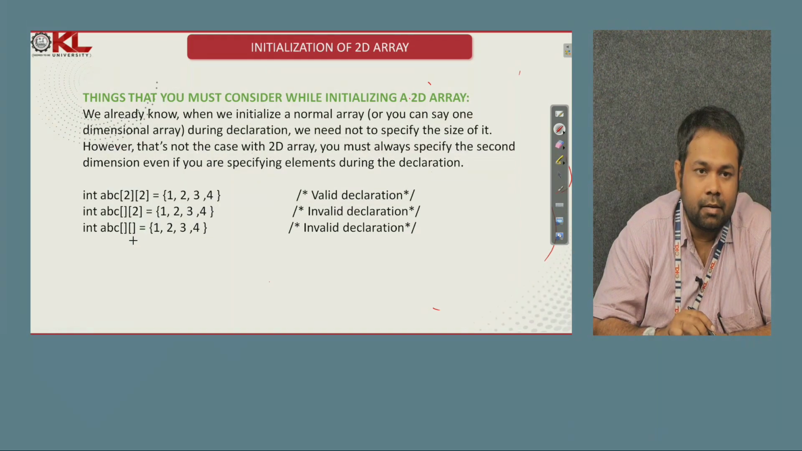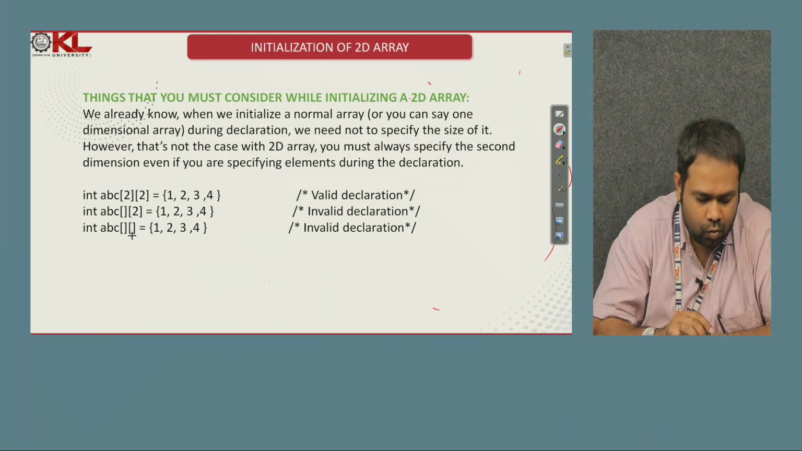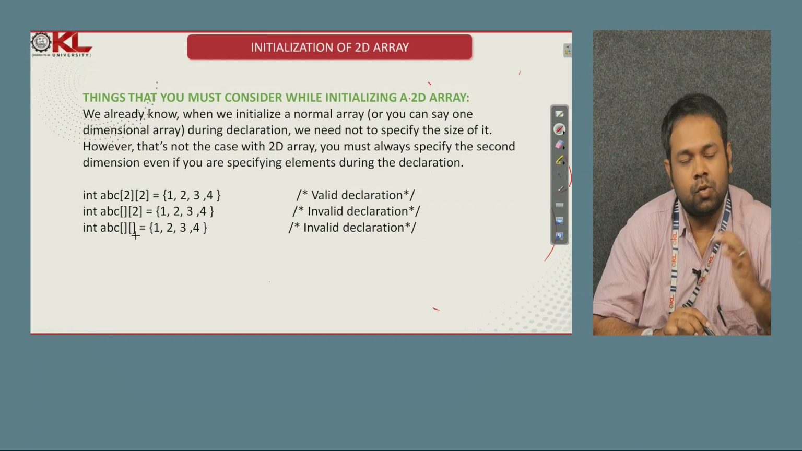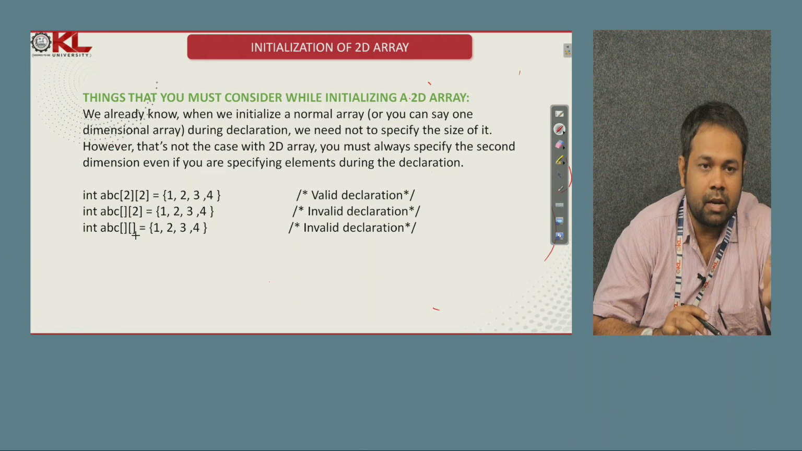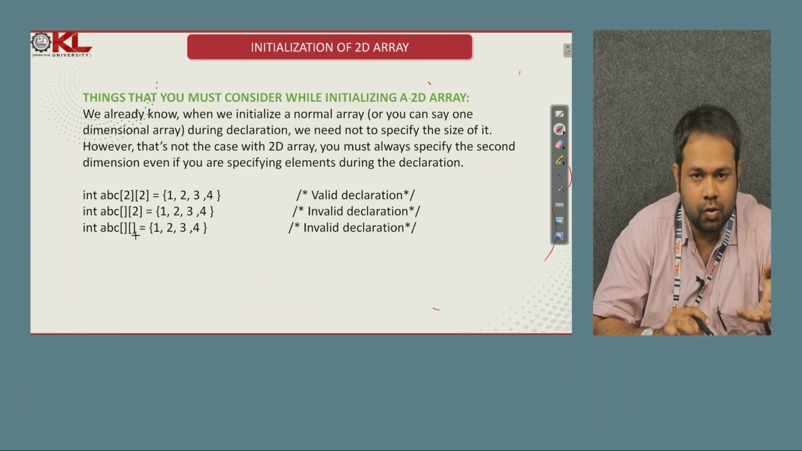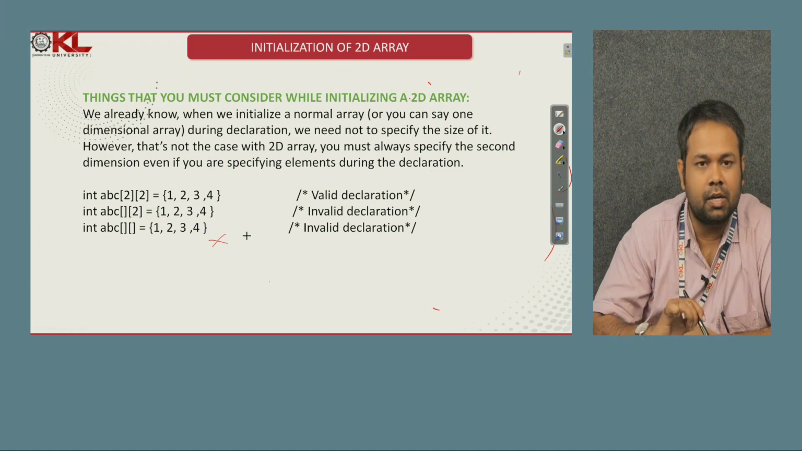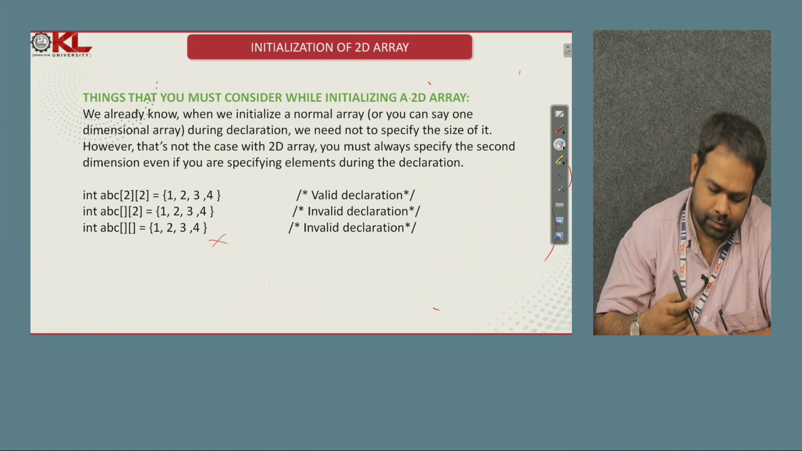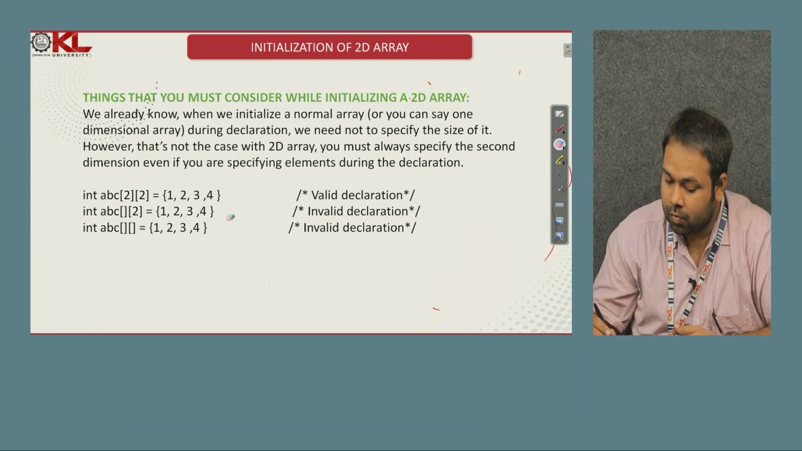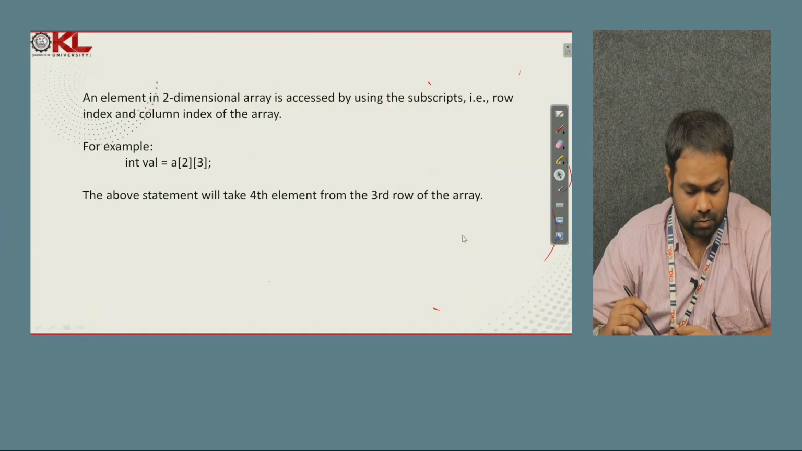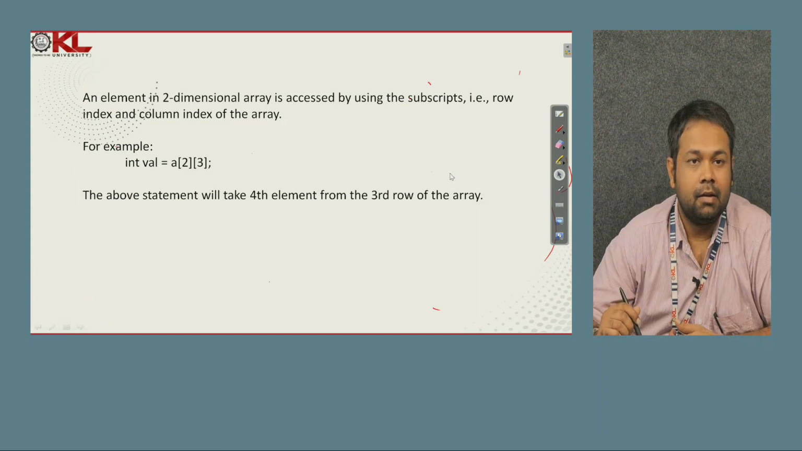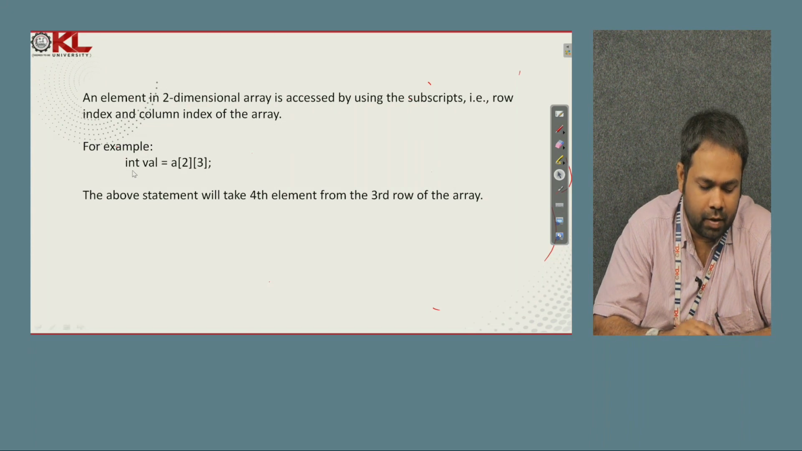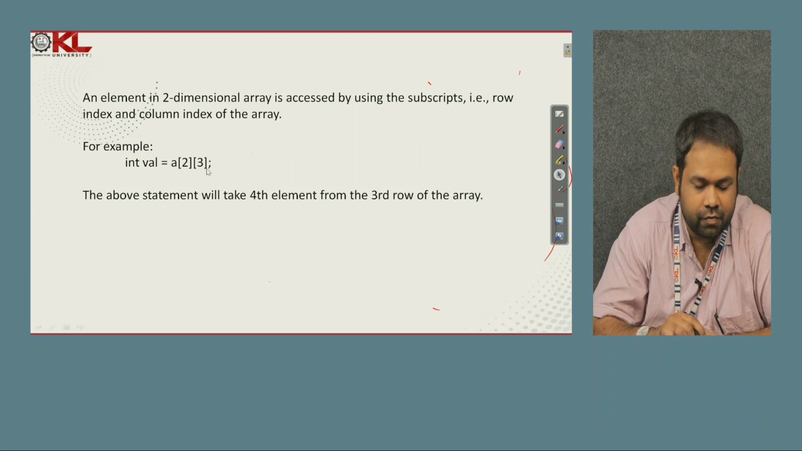And look at the third one, int a of abc, no row size, no column size is given. As no row size and column size are given, the system gets confused about what kind of memory is to be taken. So that is why this declaration is going to be considered an invalid declaration. Now let us move to the next slide where the elements are declared. I mean normal values, int val equals to a of 2, 3 means